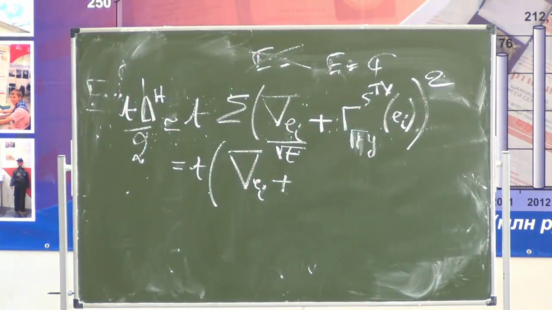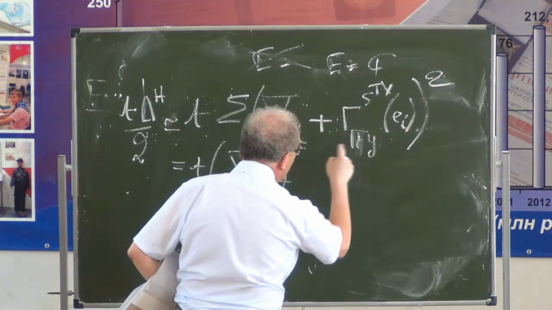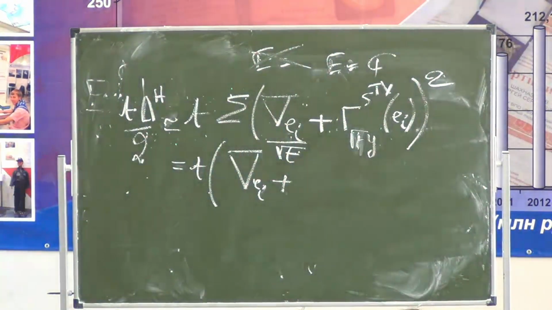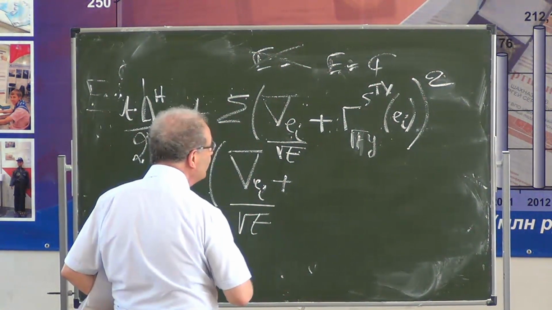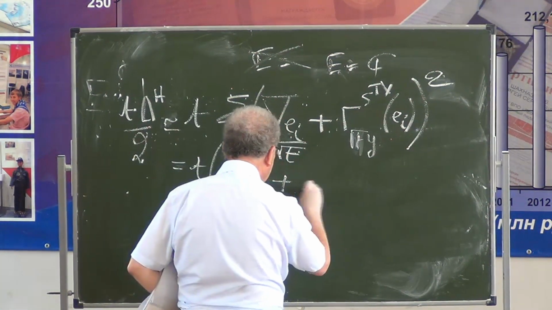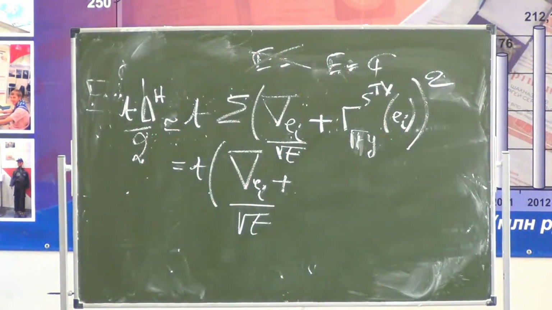So the nabla of EI gets scaled by 1 over square root of t because of the change of coordinates, and also the gamma is evaluated at square root of ty. So I do have this divided still by square root of t, and here now I will replace this by the formula which is up there,